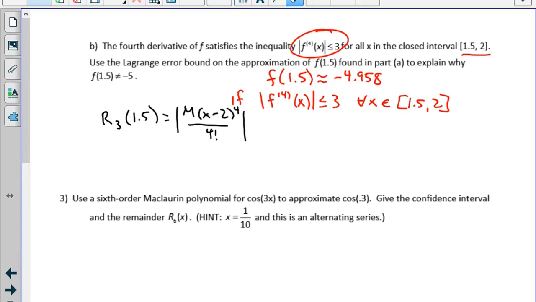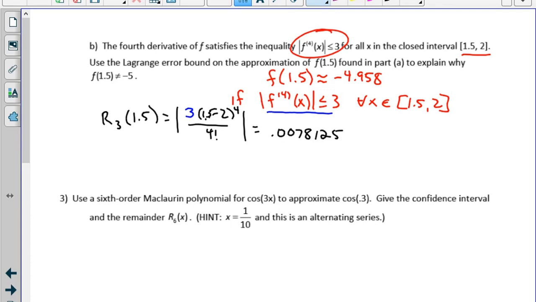And so I can replace m with 3 because I know that that's the maximum possible fourth derivative in the interval. And then I can replace x with 1.5, and then I just figure out that equals